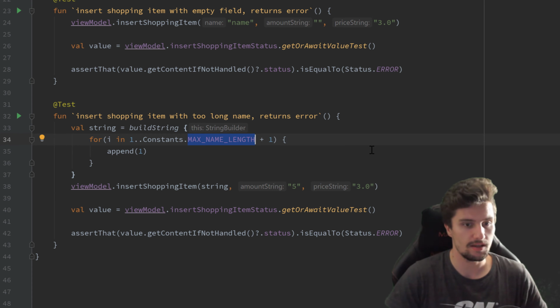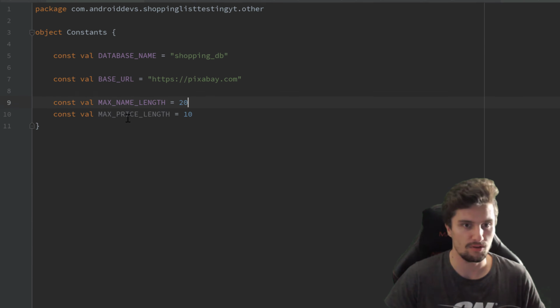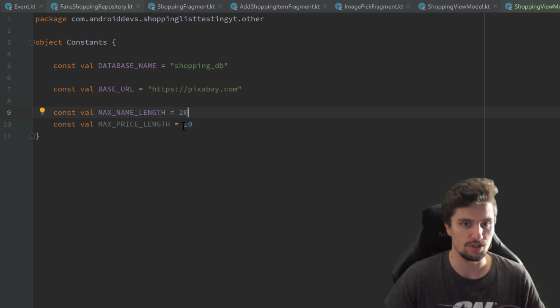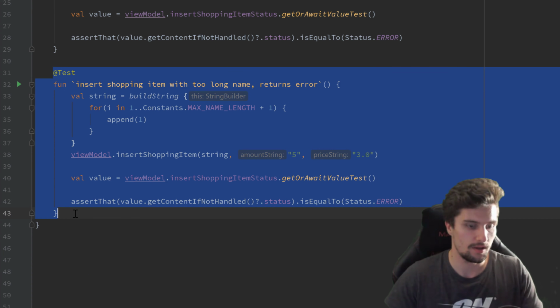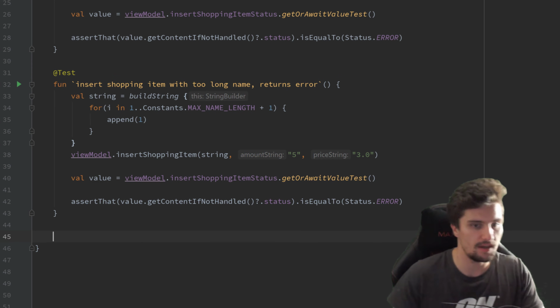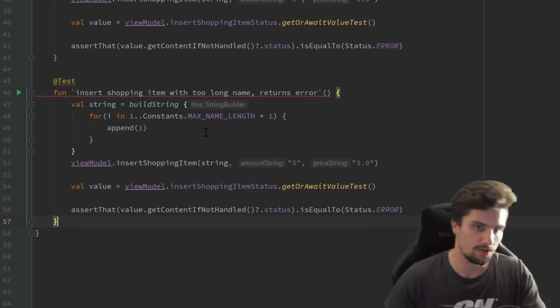Okay, and then next I want to have a very similar function for our max price length. So we actually have another constant here for our max price length, which is 10 characters. And I also want to test the same here, that if we enter a price that is too long, it should return an error. So we paste that again, insert shopping item with too long